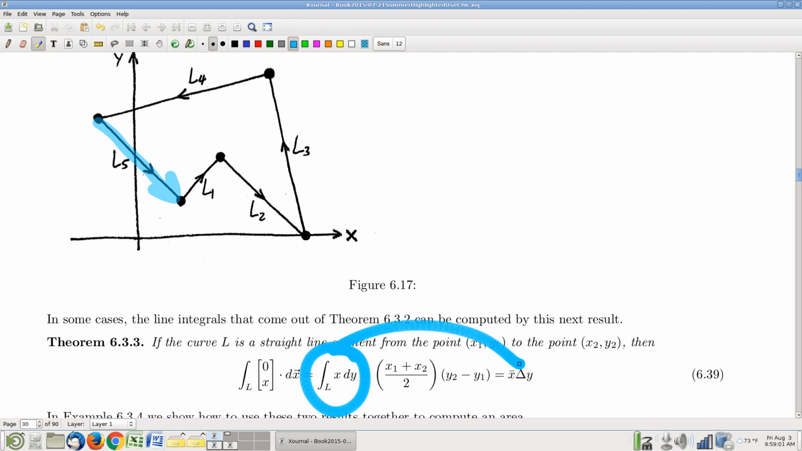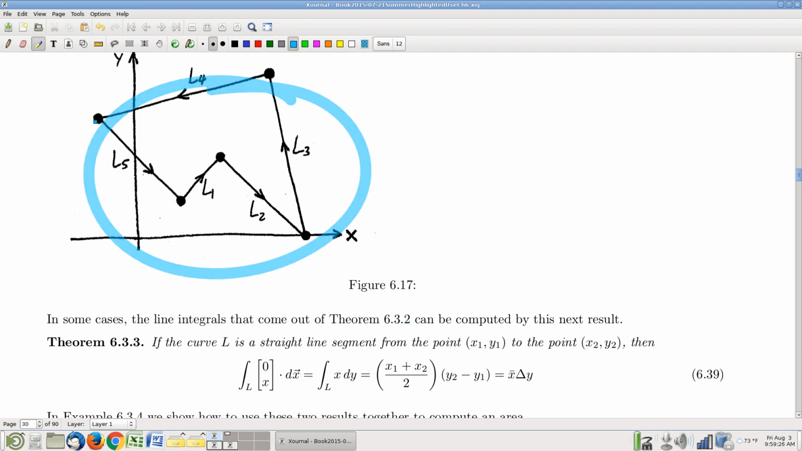On a line segment, it's just the average value of x, just average the x coordinates of the 2 endpoints, times the change in y. That's it. Very easy, right? Super, it's 4-function arithmetic. Crazy easy. So we're going to be able to compute the area of this thing just by writing down for